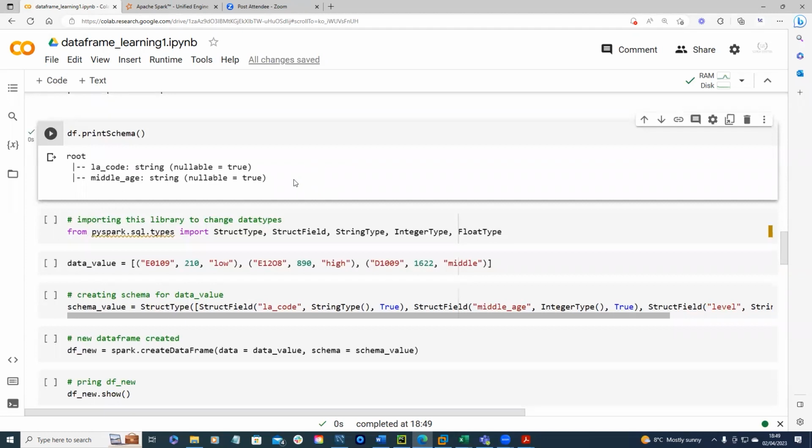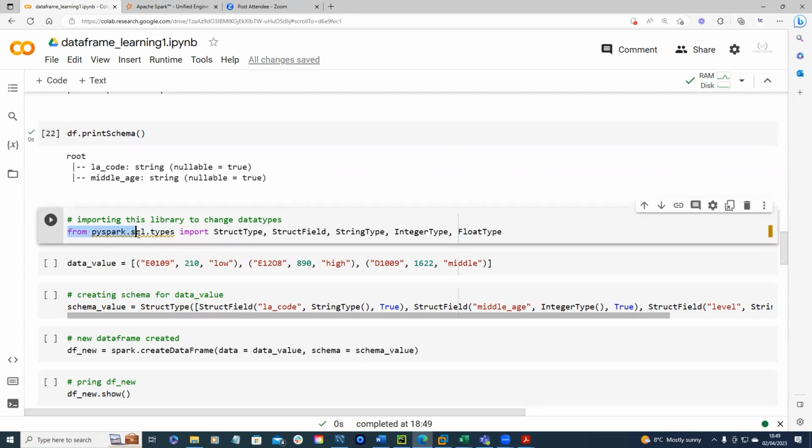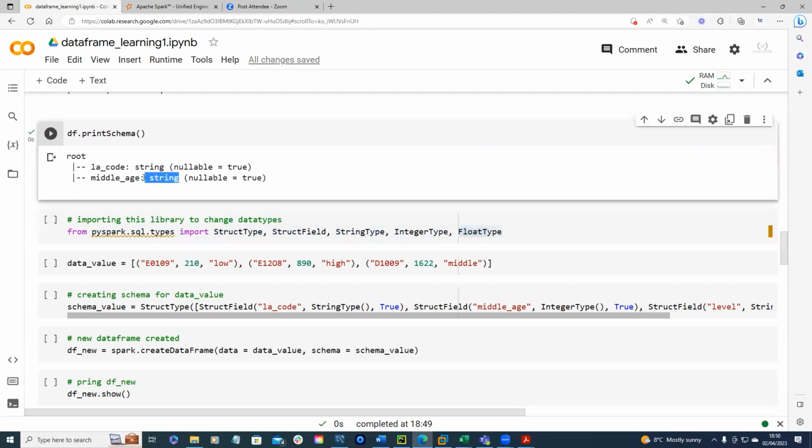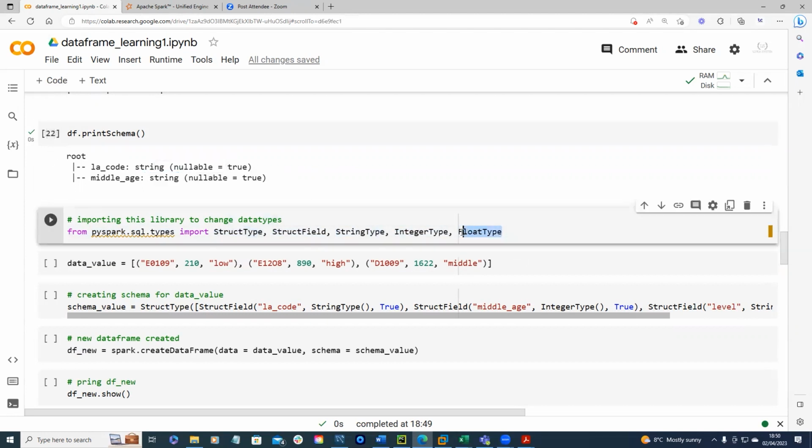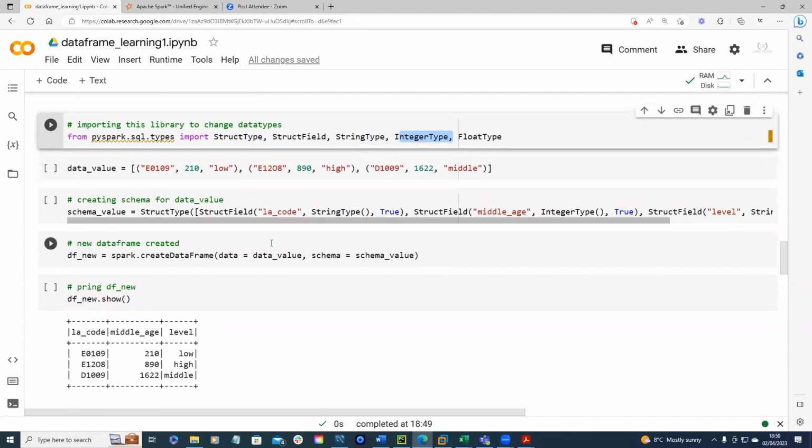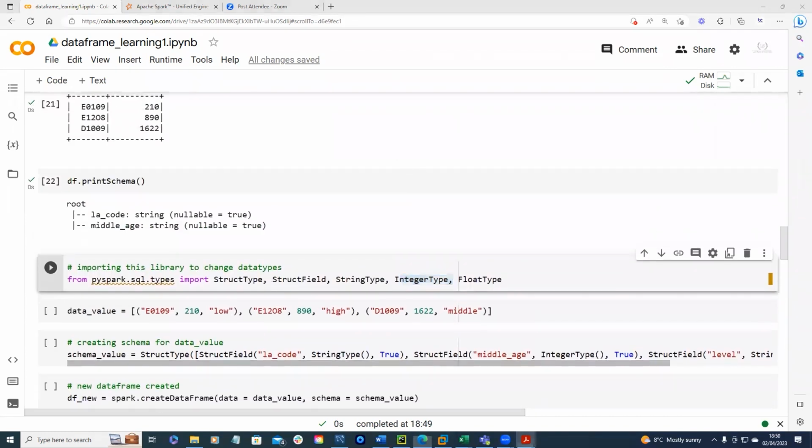And that brings us to importing some other library from PySpark, which is from pyspark.sql.types import StructType, StructField. I will explain this: StringType, IntegerType, FloatType. If you want to convert your data to float type, you use FloatType. Let's say this one is a string, and we have a decimal point there. We can use FloatType to convert it, as a module in PySpark, IntegerType, StringType. So I'll go further to explain. I'll go back to